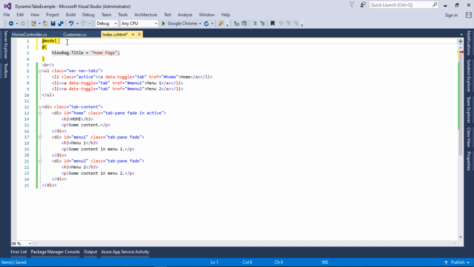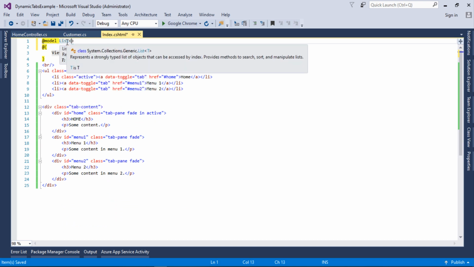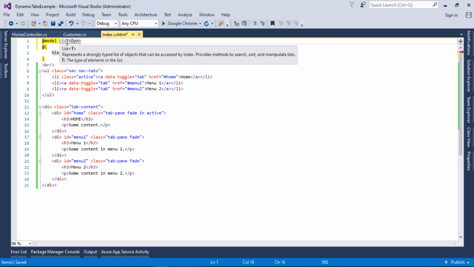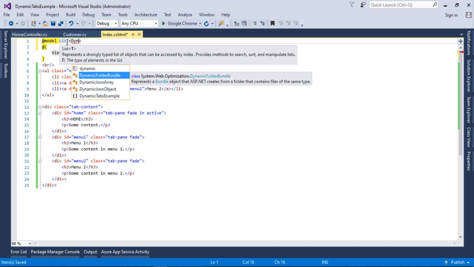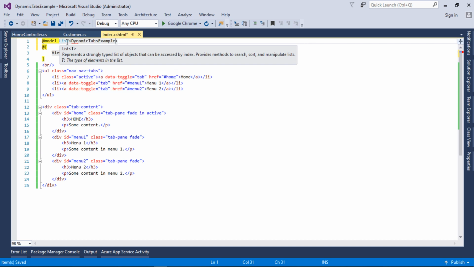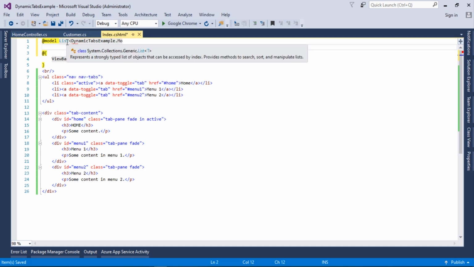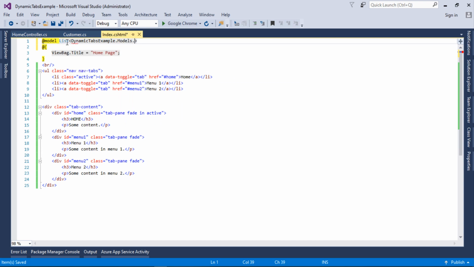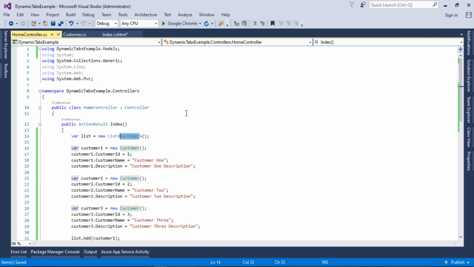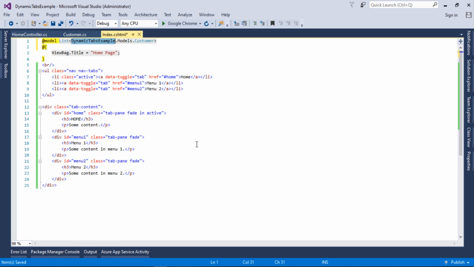So first of all we will type List, and which type of list we need to add: the DynamicTabsExample.Models, and in models we have the Customer model as well. So this is the list which we have received from the controller index action.